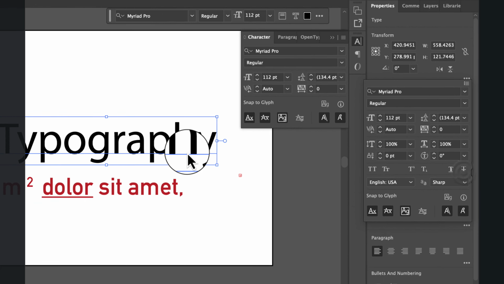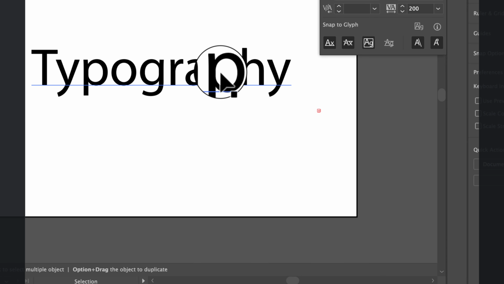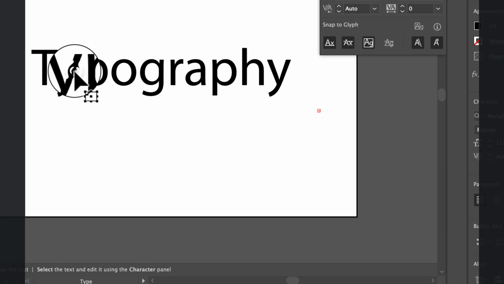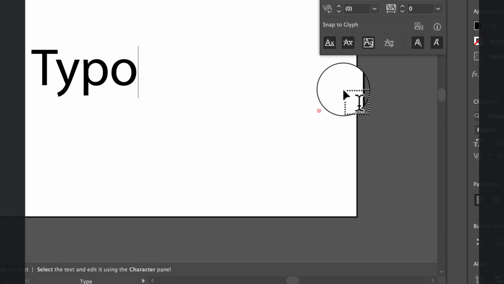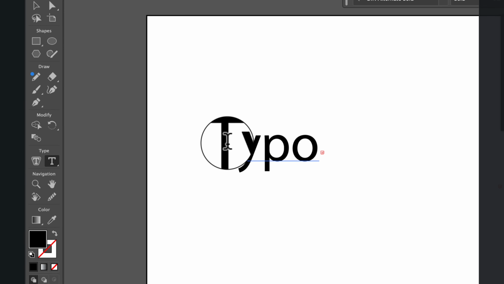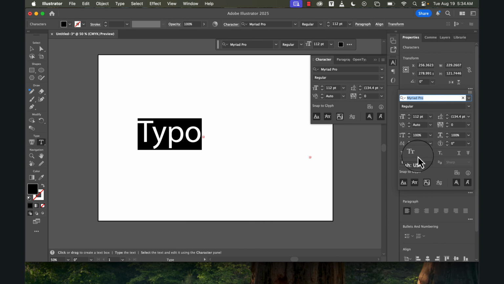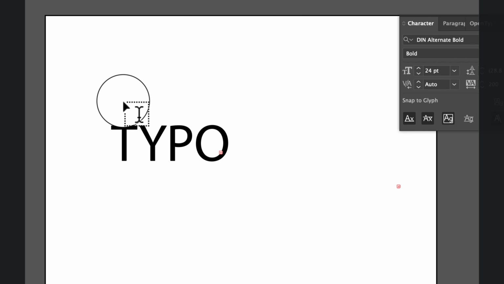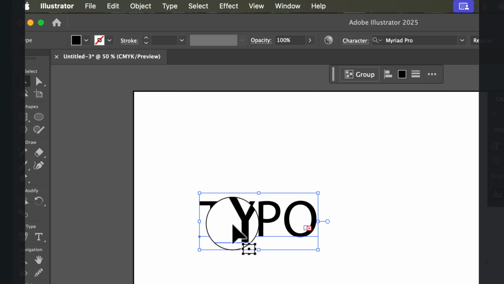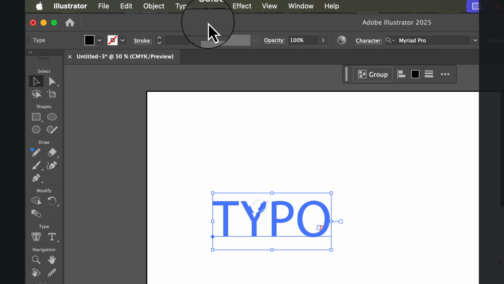Additionally, there's one thing that we might want to learn about, that is how to convert type into an outline. Whenever you are working with lots of designs, say you want to create a logo or something using typography, you might want to change certain things. You might want to change the way how they look. So to do that, you have to select the font family, size, everything, finalize it,